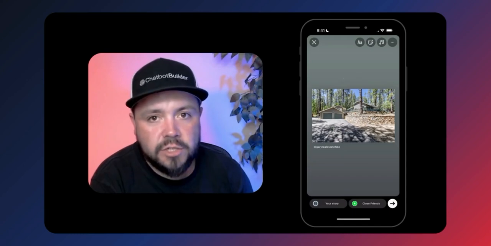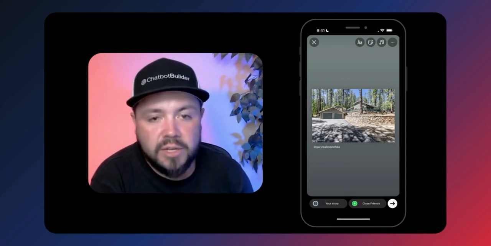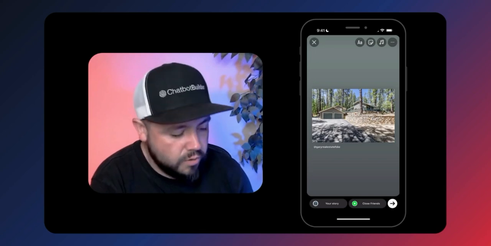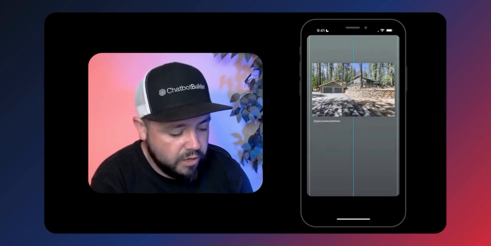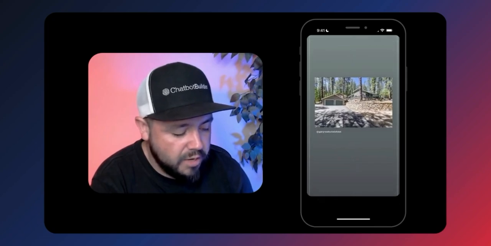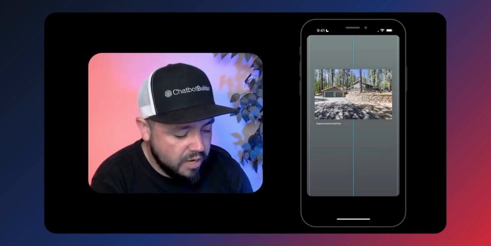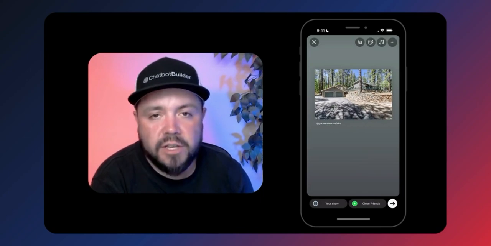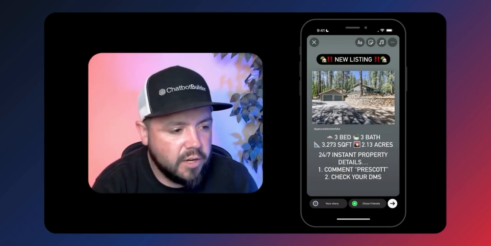We're actually going to use this one as I build it just so I can show you from the user side the experience when you're reposting content. So let's use this one right here. And what we can do is just simply drag the screen with our finger. We can pinch it, make it bigger, make it smaller. So what I normally like to do is put this maybe kind of near the top, something like that. And then let me pause this video and I'll kind of type some stuff out on the screen and then we'll talk about it. Okay, so here we have some text built out here,